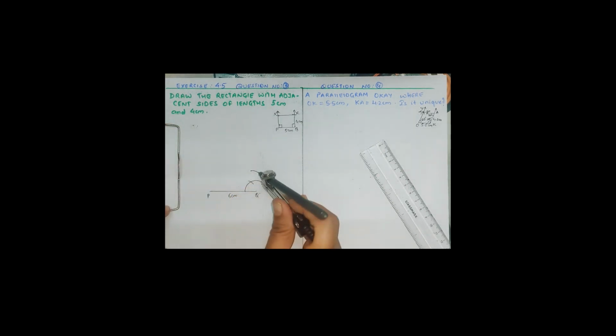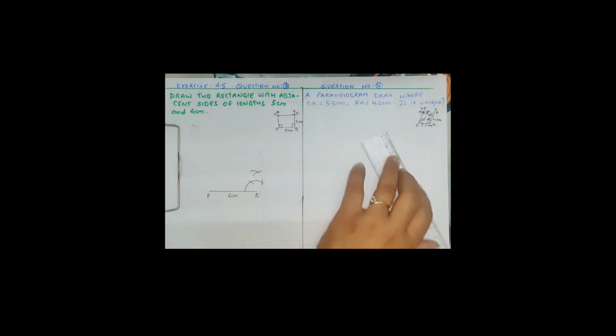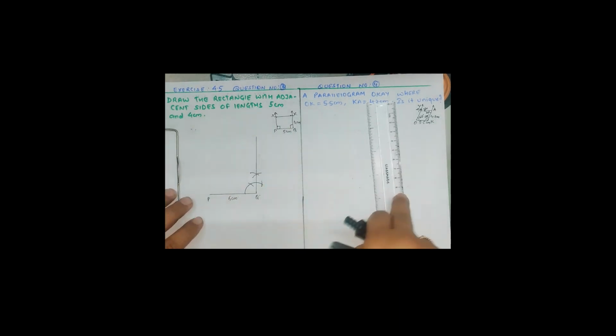First arc 60, second arc 120. With the help of first and second arc, draw the arc like this, which is your 90 degree. Again and again I am repeating my words for constructing the 90 degree. Now from this PQX, it is 90 degree.